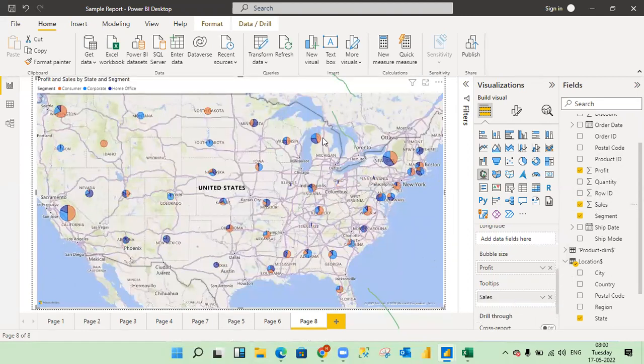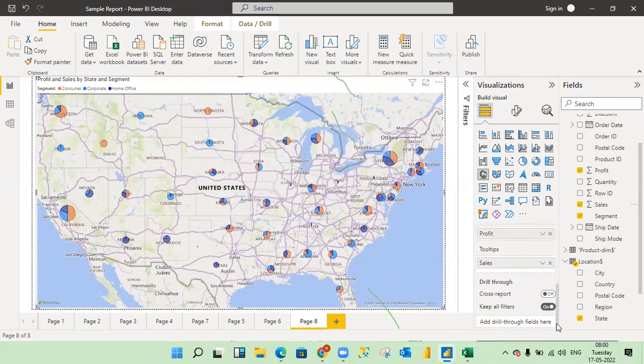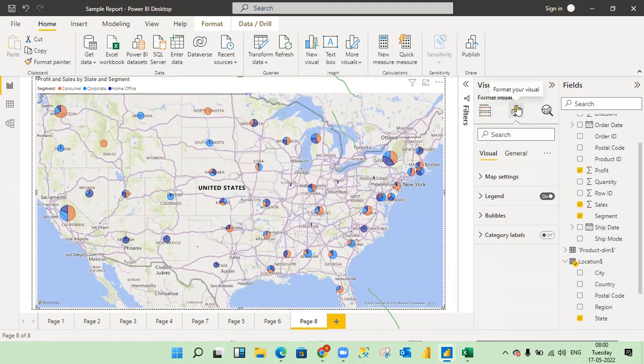If I add the sales, see in that black color box you can see the sales also. Okay, these are the main options we have in this map visual. Drill down and drill through are separate concepts we'll discuss. Again, if you go back to the formatting options,